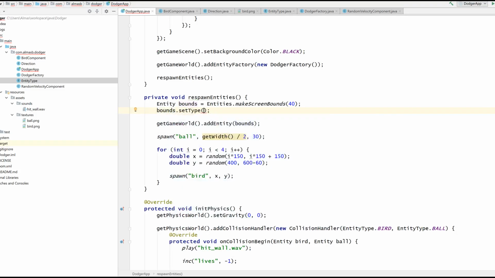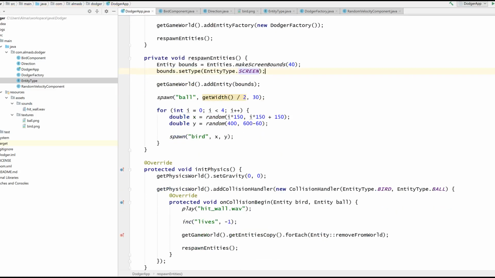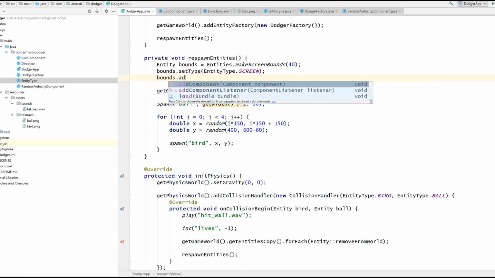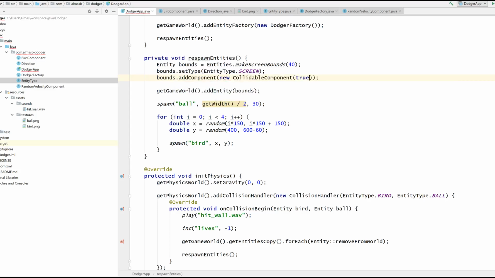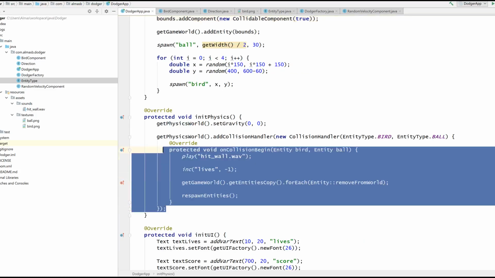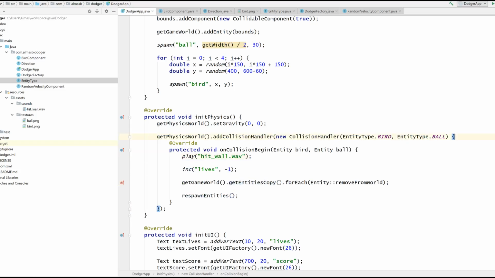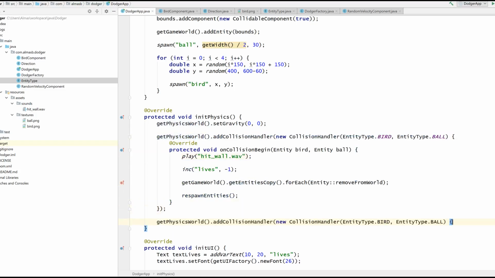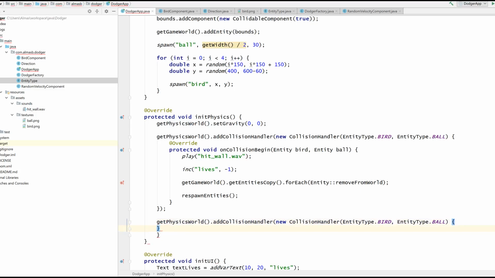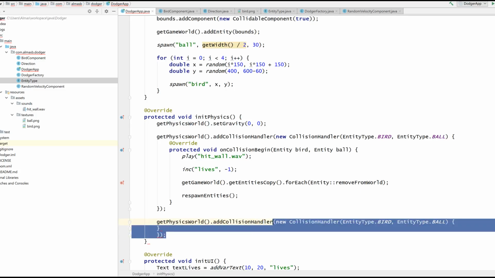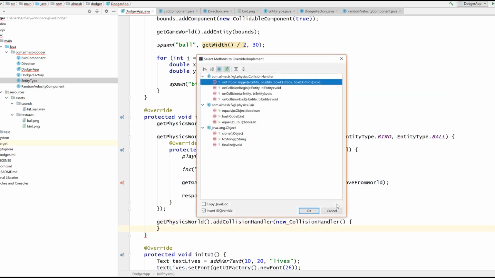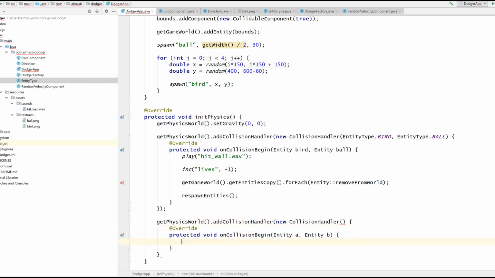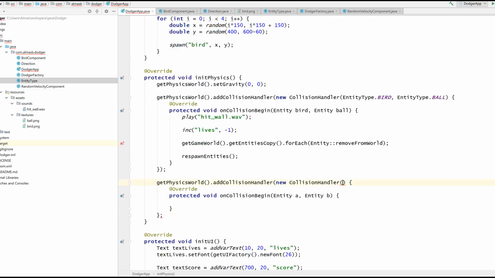Set type, let's see, type screen. Make that collidable too. Add component, new collidable component, true. Which means I can now do that bit. Collision between entity